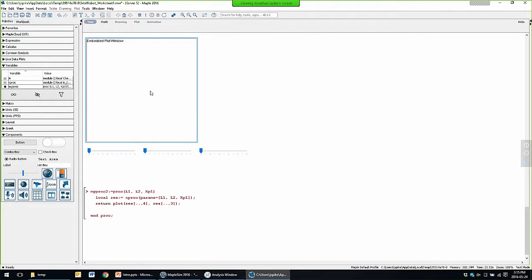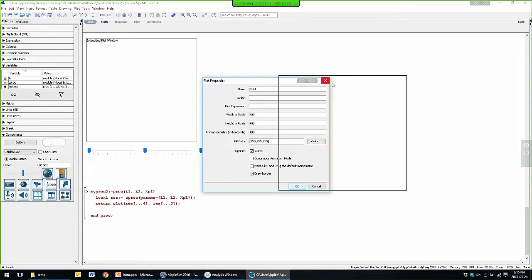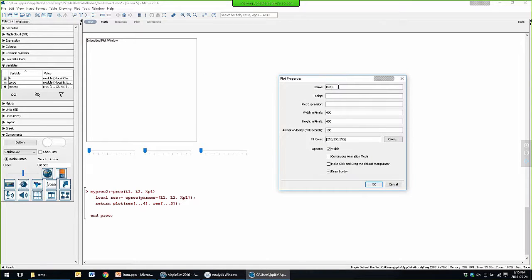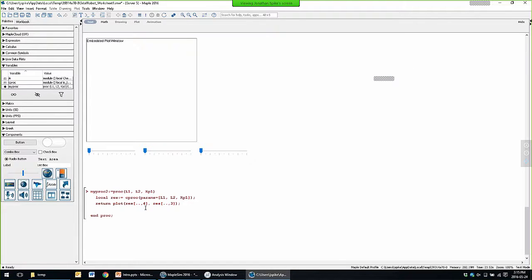And so I can right click on it and find out what its name is. So this is called plot 1. And I can copy that, and I can say I would like to set properties for plot 1, its value, and I want to use the exact same plot command as I did before. And that now will allow me to, instead of just returning the plot, we'll actually set the properties for plot